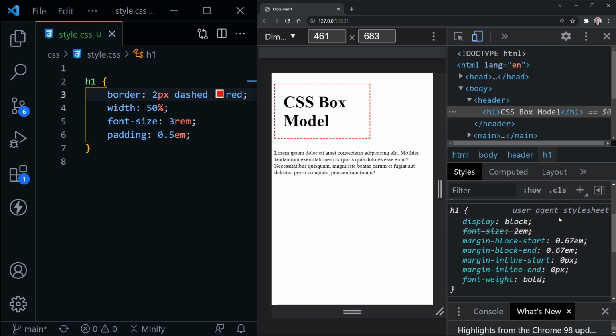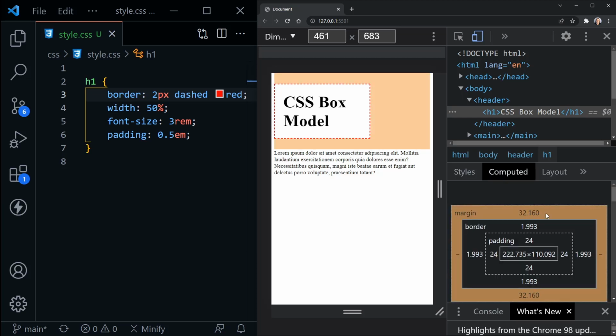This is a user agent style sheet that's assigned by the browser, and here you can see they assigned some margin settings here. It's 0.67 EM. So that's essentially 2/3. Now, if we remember about our units, an EM responds to the font size of the element, and we set a font size of 3 rem, which would essentially be 48 pixels. So 2/3 of that is coming in right around where we see it on our box model here at 32.16